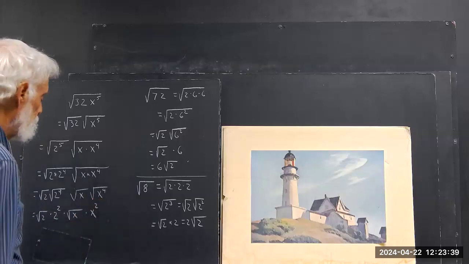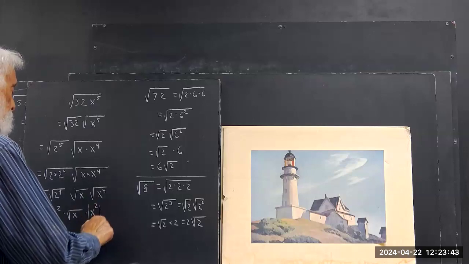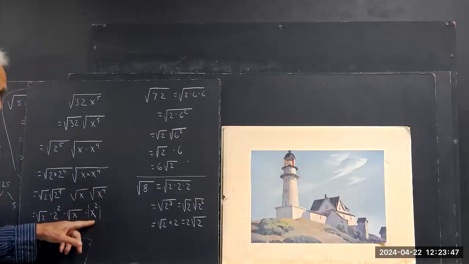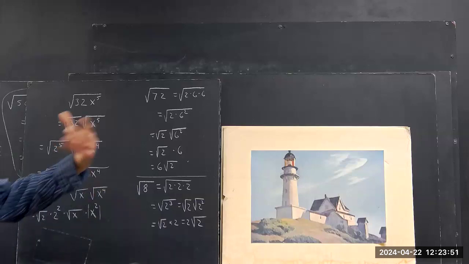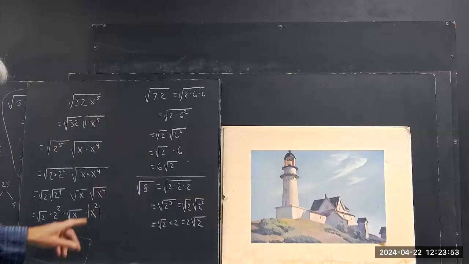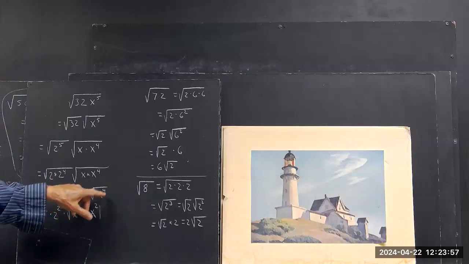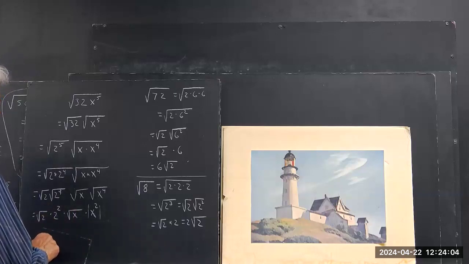is x squared. Now, you might want to put absolute value signs around x squared, as of course it's a square root, but x squared is automatically positive. It can't be negative. When you square a number, you always get a positive. So you don't really need the absolute value signs there. But if it was like the square root of x to the sixth, you would need the absolute value signs. Think about that. Open math will help you address that. So we end up with